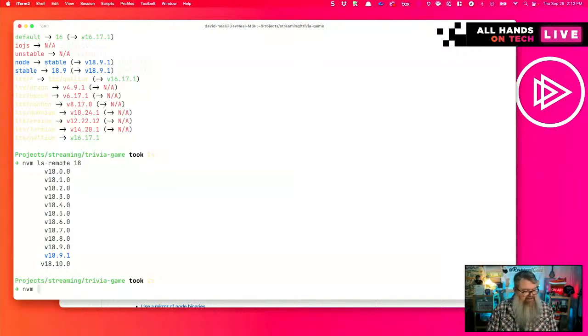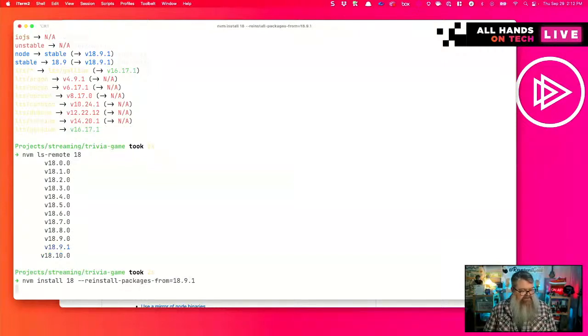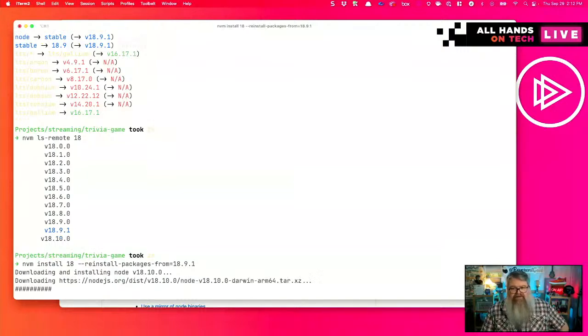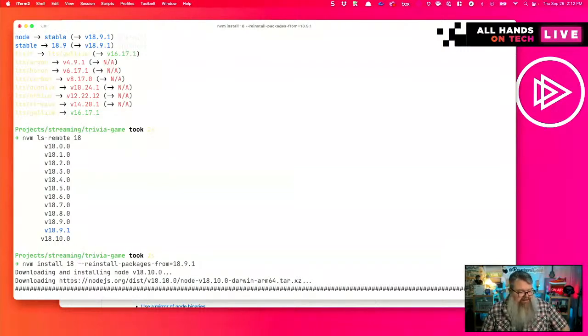And I can use nvm install 18. And I always use this trick to reinstall packages from the last version that I have installed. So now it will download version 18 and install that.